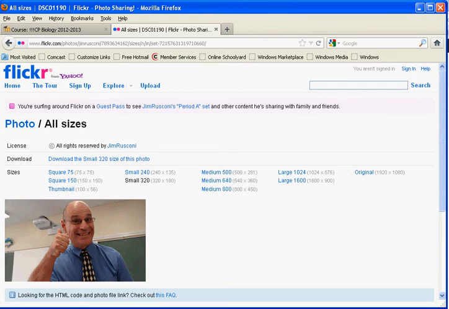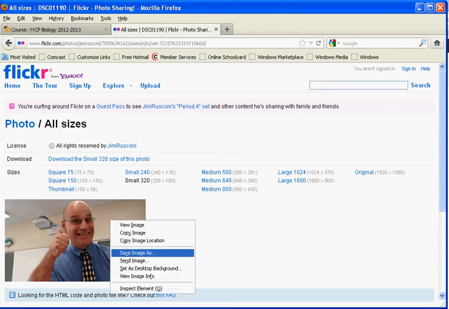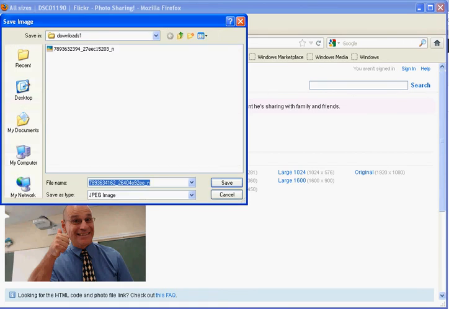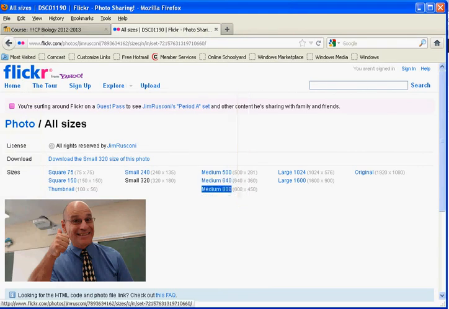So now all I have to do is right-click, Save Image As, and I'm going to save it in my download folder. I think this will go in your download folder. You can also put your name on the image, which is not a bad idea, just so you know, it'll make it a little easier for you to find. And then, now that you've done that, we can go back